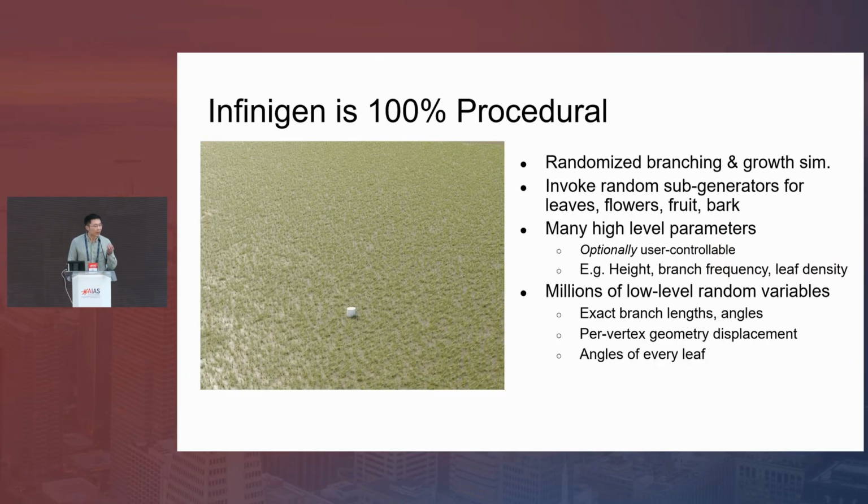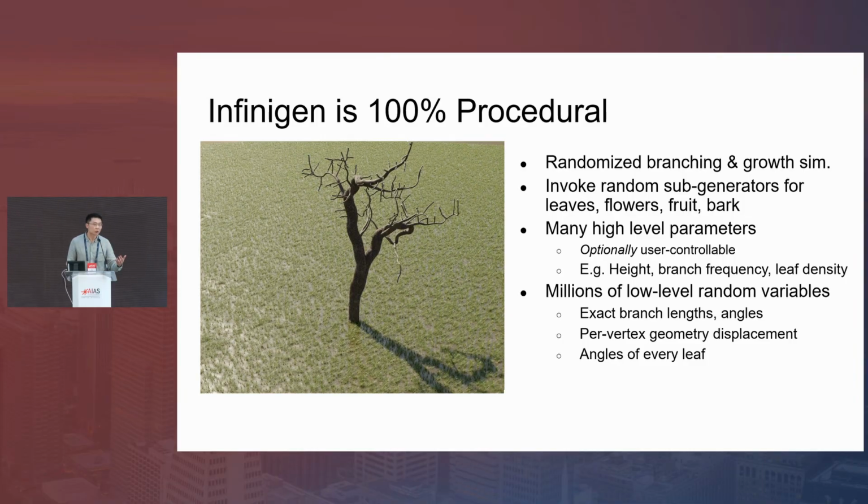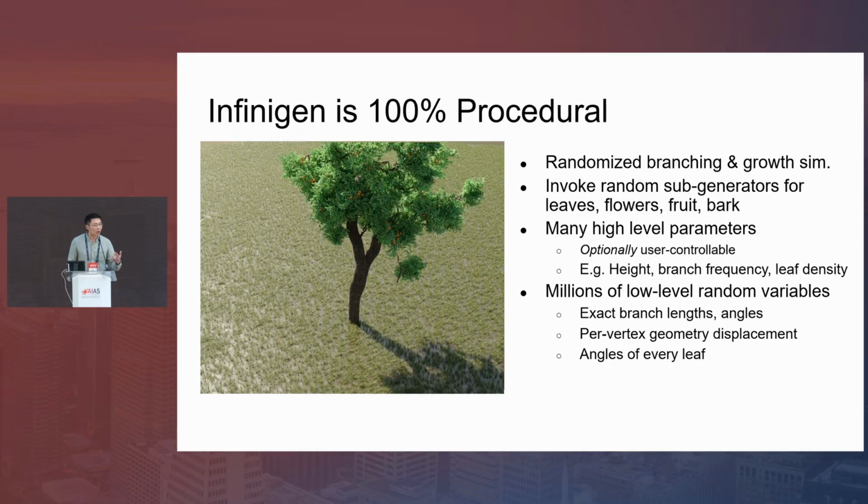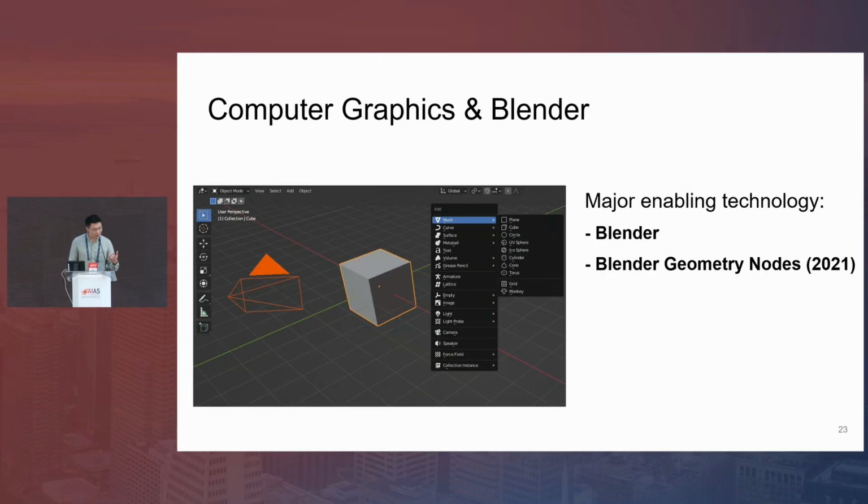To give you an example of how something can be procedurally generated, let's say we would like to generate a tree. We can write some rules to simulate the growth of a tree. We can say the tree starts with a stem with randomized branching, and depending on the branching parameters, we can get different subspecies of trees. And then we can have additional procedural systems that give the material of the bark. We can add additional systems for leaves and fruits.